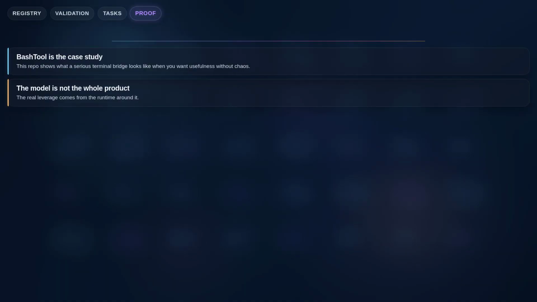BashTool is a strong case study because it collapses many concerns into one bridge between reasoning and action. The big idea for this video is simple. Agents become useful when control surfaces are well designed. The model provides reasoning. The runtime decides whether that reasoning can safely